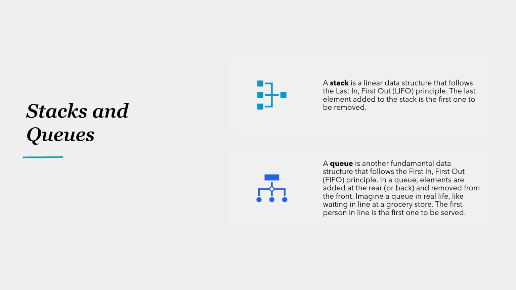Example use cases of stacks. 1. Function call stack. In programming, when a function is called, its details are pushed onto the call stack. When the function completes, its details are popped off. This allows programs to handle recursive function calls efficiently. 2. Undo/redo functionality. Many applications, such as text editors, use stacks to implement undo and redo features. Each action is pushed onto a stack, and when you hit undo, the most recent action is popped off the